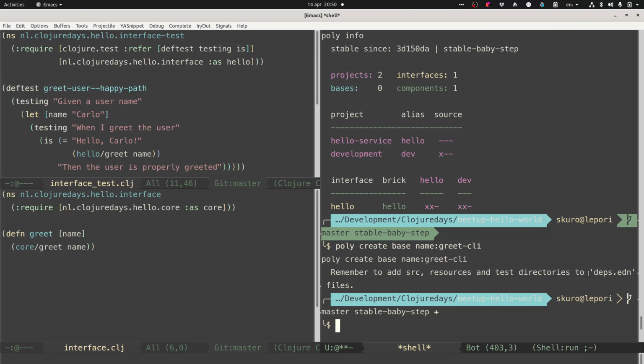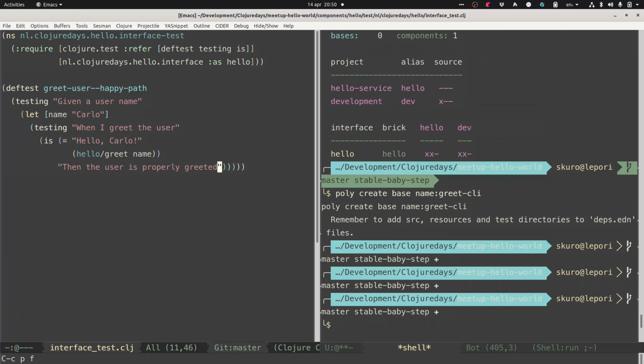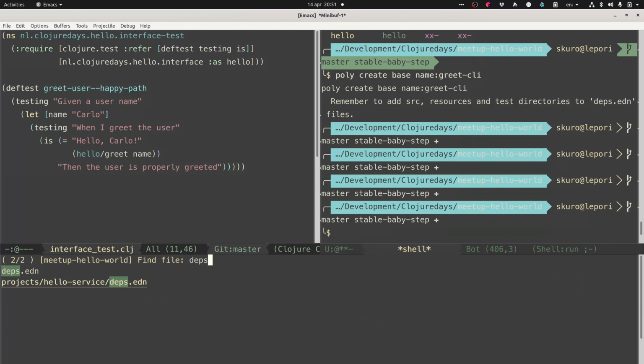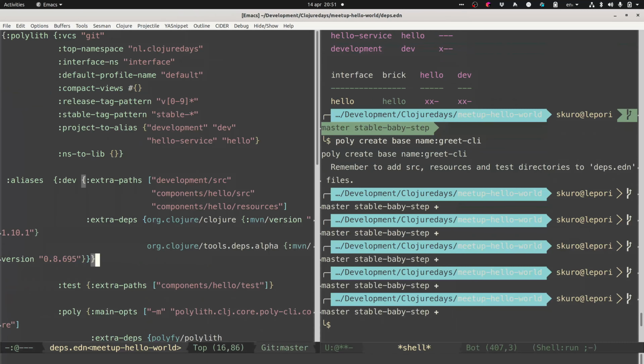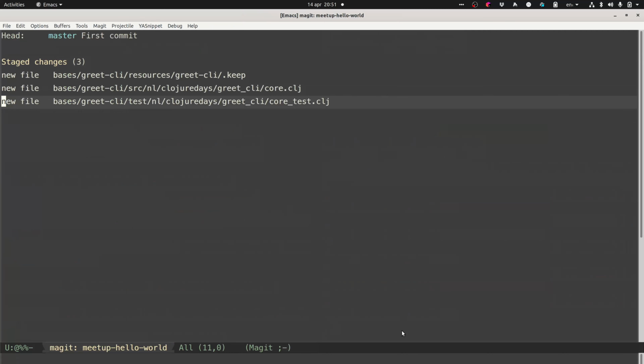Remember to add source, resources, and test directories to test to deps.edn, of course. Let me see. I only have the two deps.edn in my project. This is the usual dance over here. Let's see what actually was created by Polylith. Now I have greet CLI